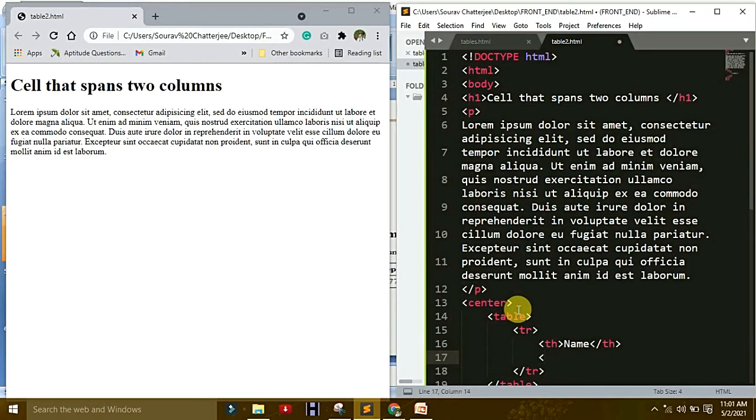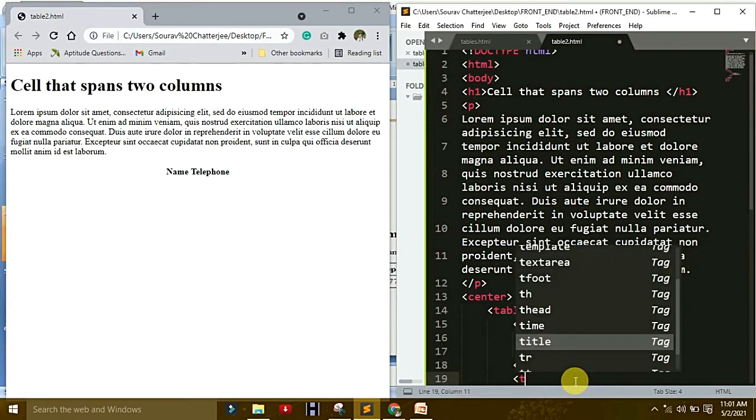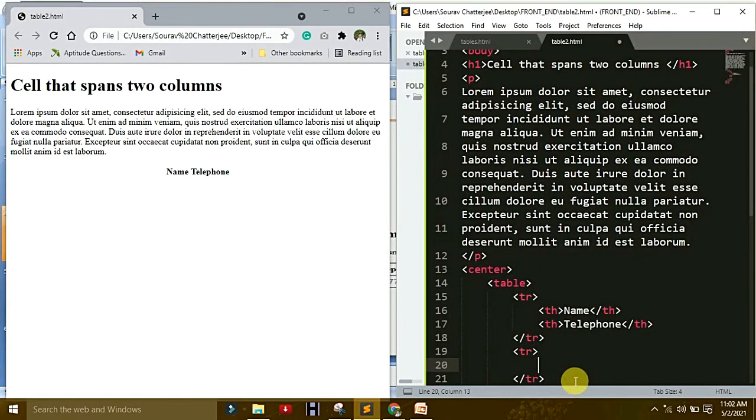Another one is the telephone. I save it and refresh it, and you saw the changes: name and telephone. After that make another row. Under it, table data, or table cell, Bill Gates.